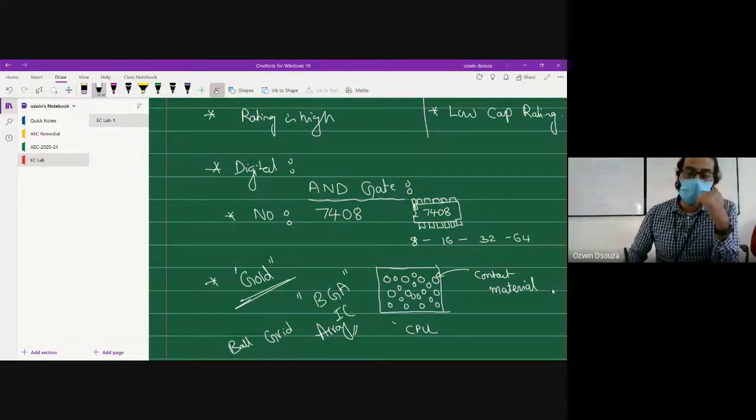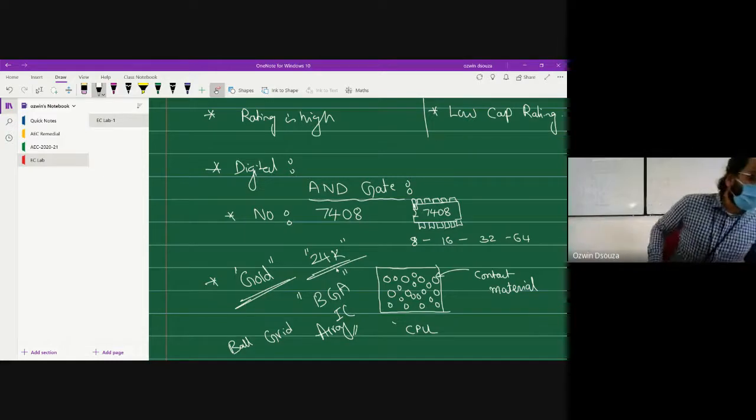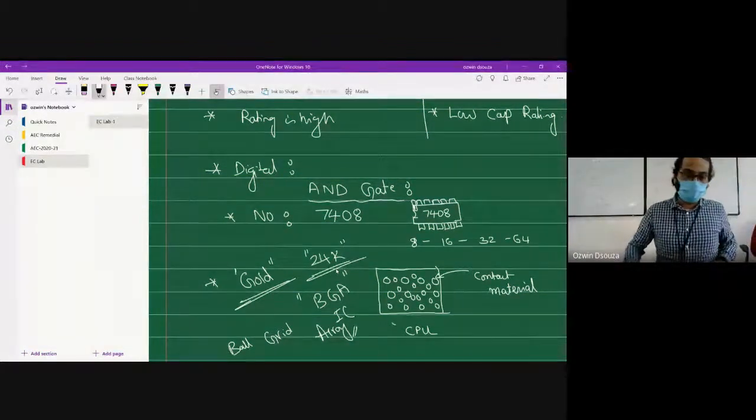the e-waste guys, what do they do? They take the junk and use it to extract gold. And remember, this gold is 24 karat gold, impurity free gold. So that's what they do. They extract that gold and they'll resell it.